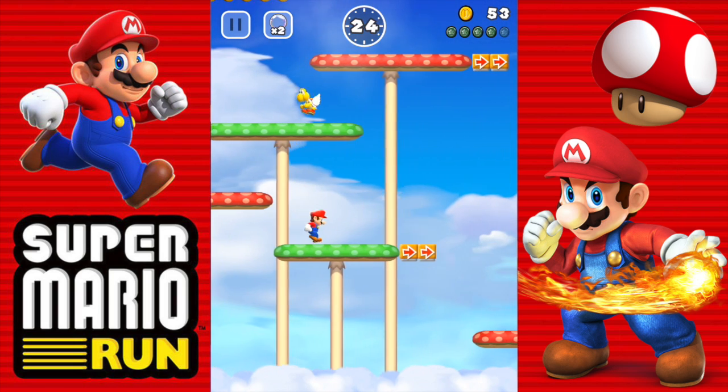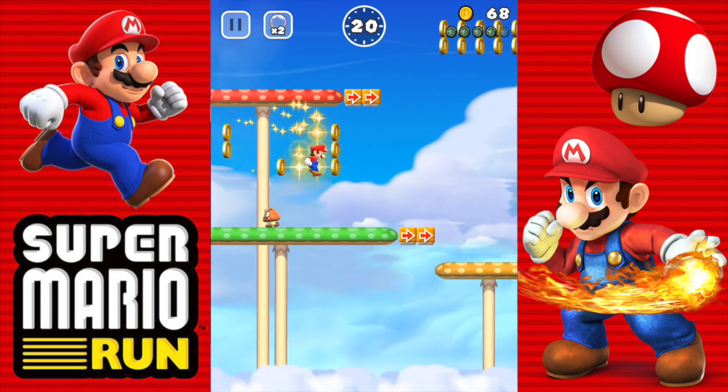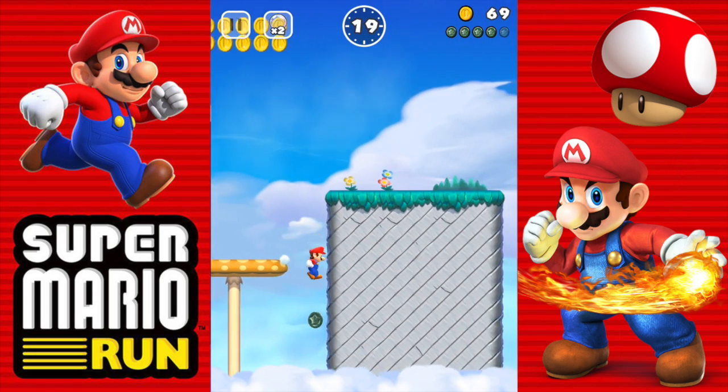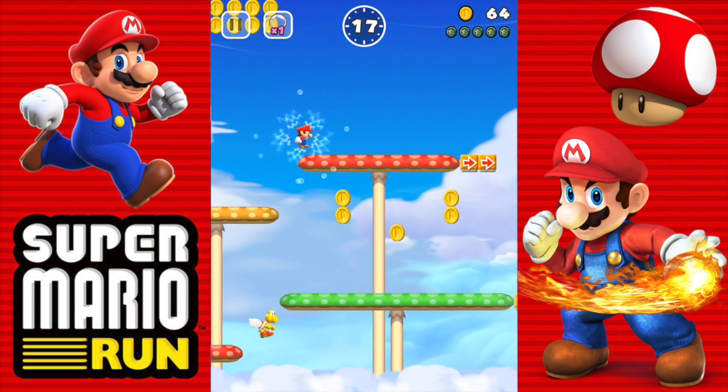Do not use the boost that I just ran over. Try not to kill any more of these flying things, and just keep on jumping until you find the last black coin, which is right here. Unless you time it perfectly, you will probably fall to your death like I did. However, you do have a few bubbles most likely, so just go ahead, pop a bubble, and continue on to